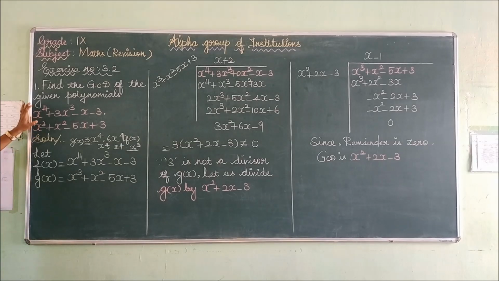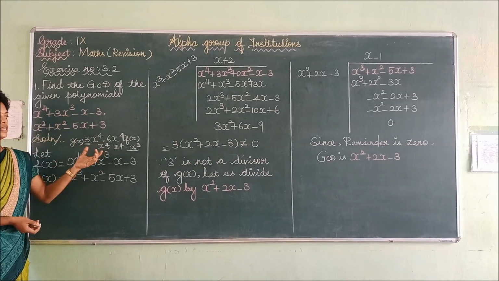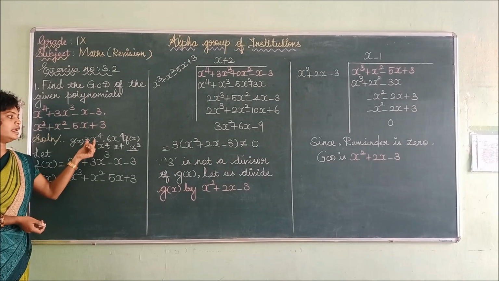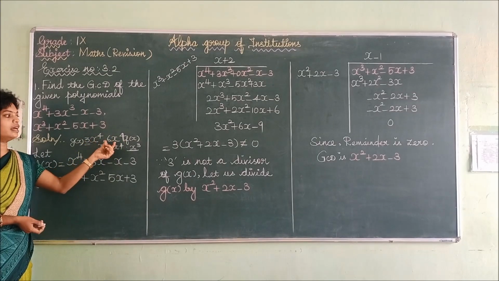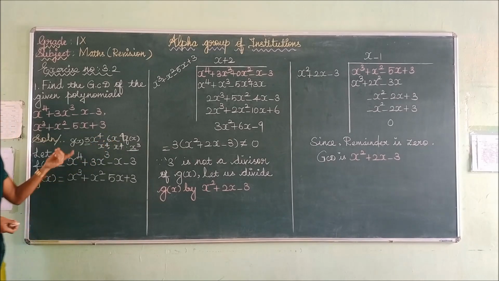For this problem you have to look at the powers. The x power is 4 and the x power is 3. In some other problem in your textbook it will be 3x power 4, 6x power 4. If it is like that, you have to choose the same powers, then choose the coefficient. The highest coefficient will be the f of x. So you can leave this and listen here.